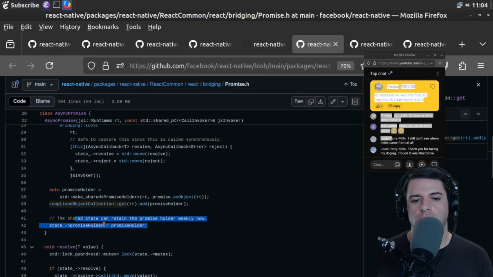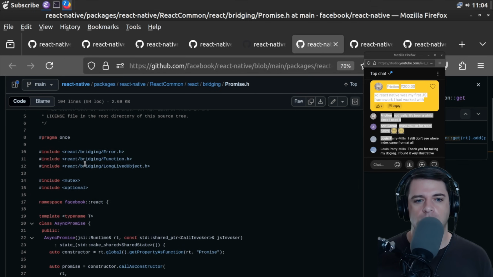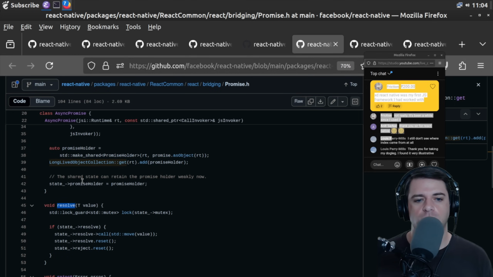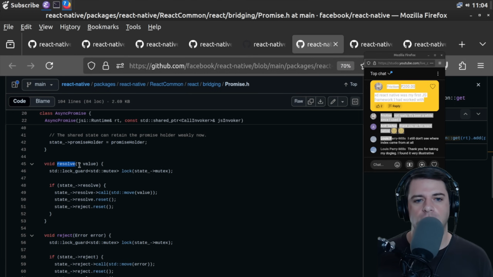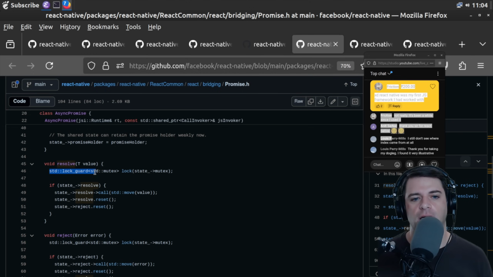But it seems like we're assigning the promise holder variable, so it seems like we can only have one promise at a time potentially. And then resolve, well, is this part of the same template? I think so. So resolve just takes a value, and we've got this lock, some sort of mutex. We're going to lock it on the